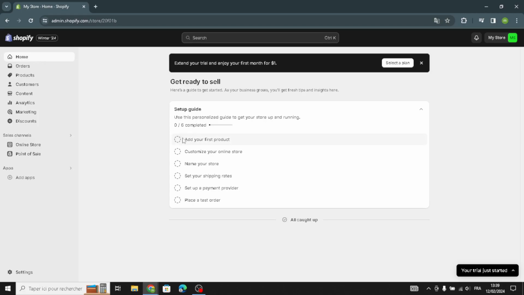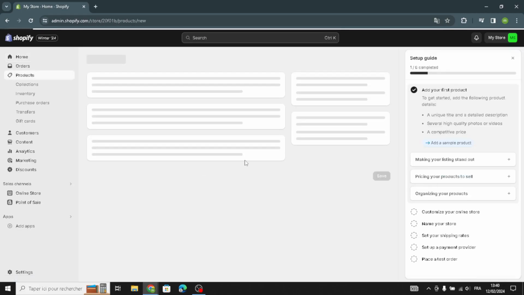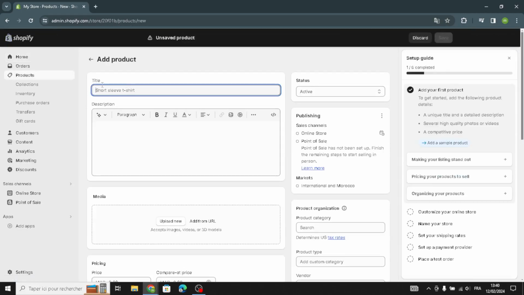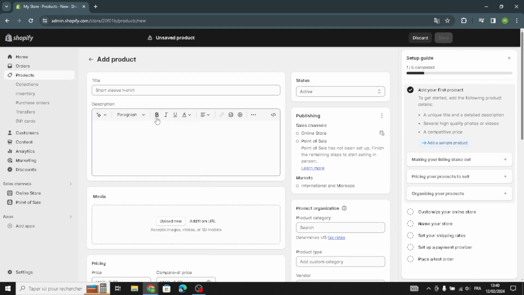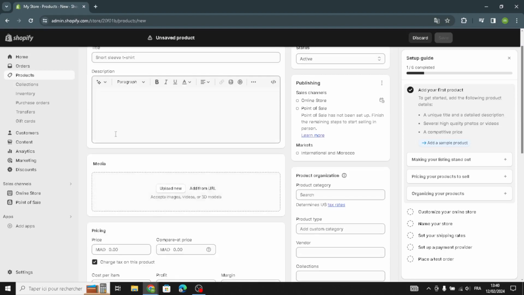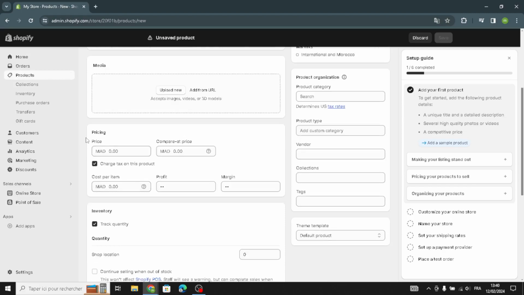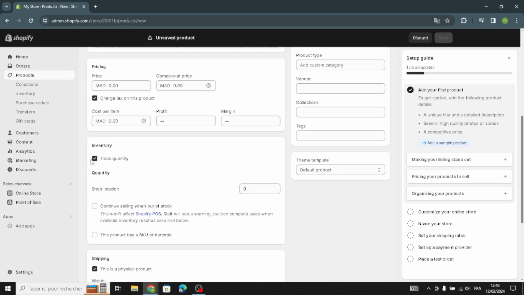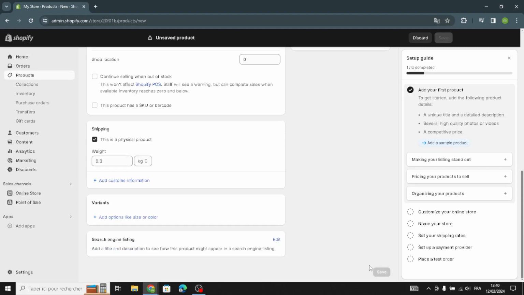You have first to add your first product. You have to add the product, and now you have to add the title and the description. You can describe what you want in your text, and it's gonna generate it for you. You can generate the text easily from here. You can also upload the media. You can customize the price and options. You can manage the inventory, the quantity settings, and the shipping settings. And the last thing here, to save this and